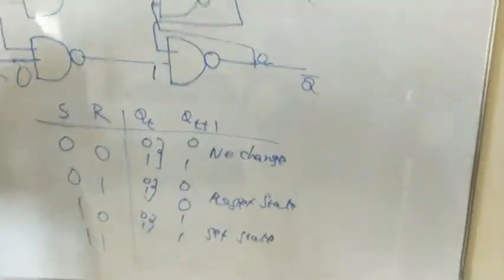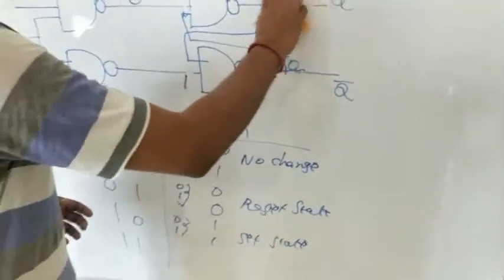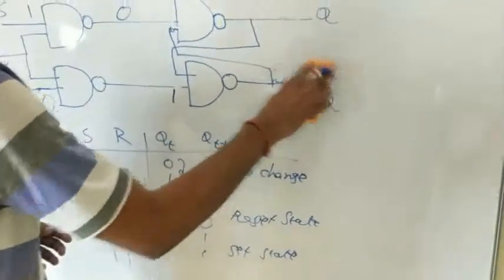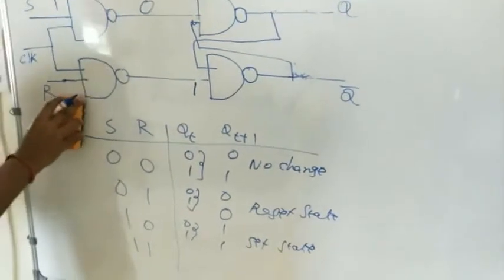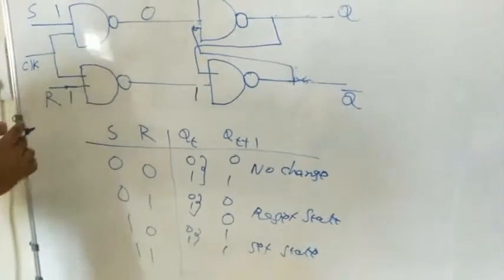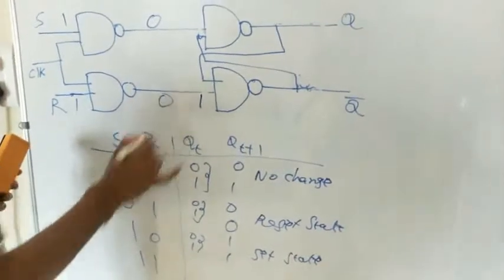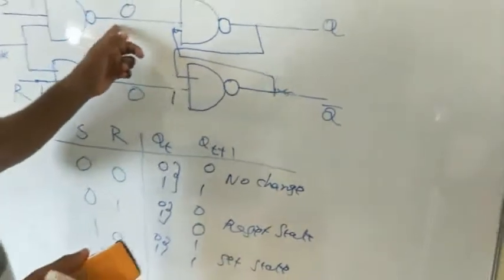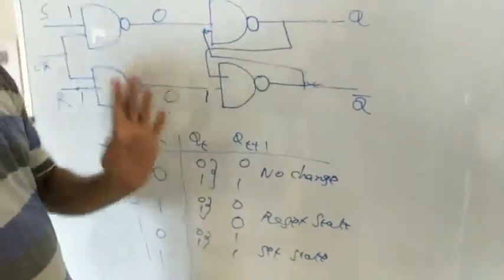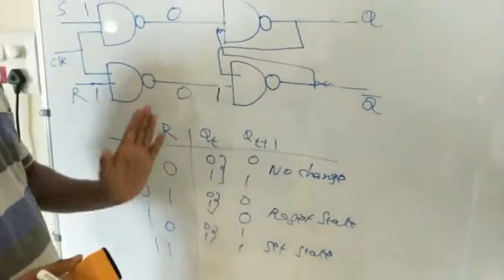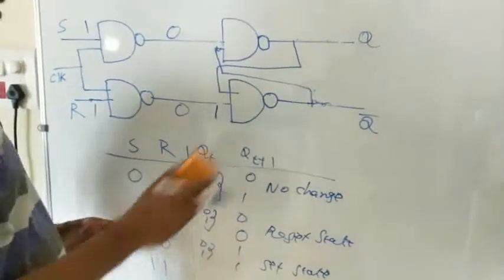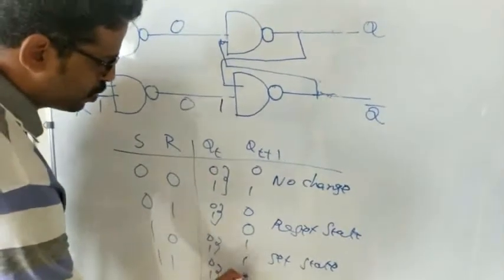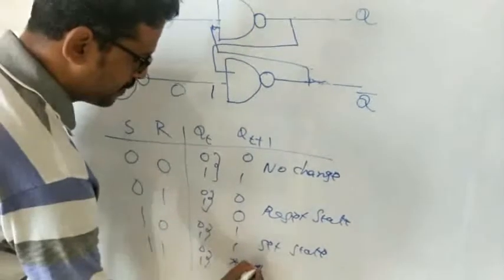Okay. What about the last input? We will see now. So last input is 1 1. 1 1 means what will happen? Both the NAND gate outputs become 0. If any one of the input is 0, momentarily both the outputs would go to 1. It should not go according to the property of the flip-flop. So irrespective of 0 or 1, it is going to an indeterminate state.